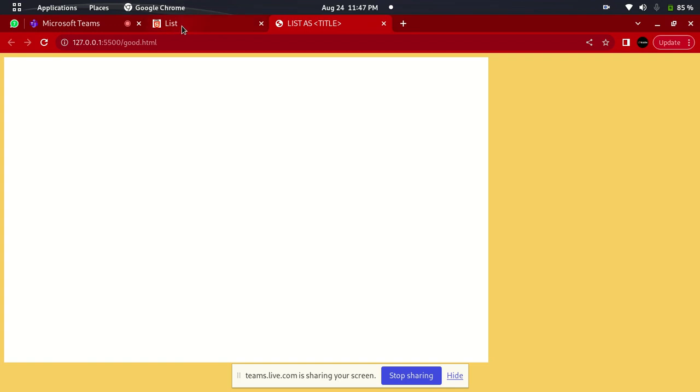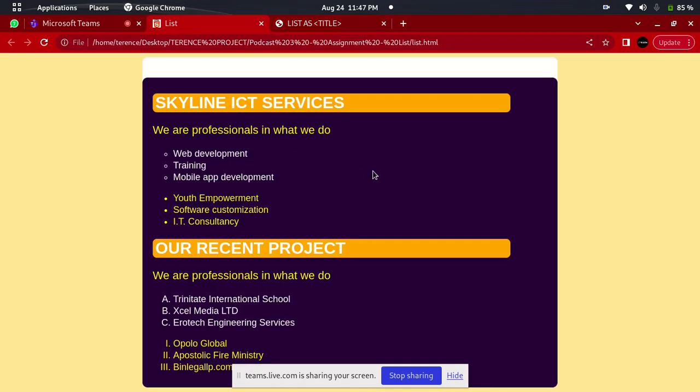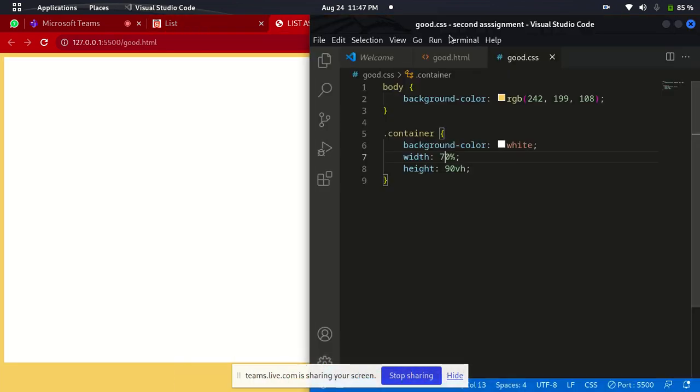So we are trying to replicate this. So the first thing we'll do is we'll give a background color to our body, and also give a div to our body, a container called div, and that container will have a background color of white. So if you go to our code, which we started coding already,